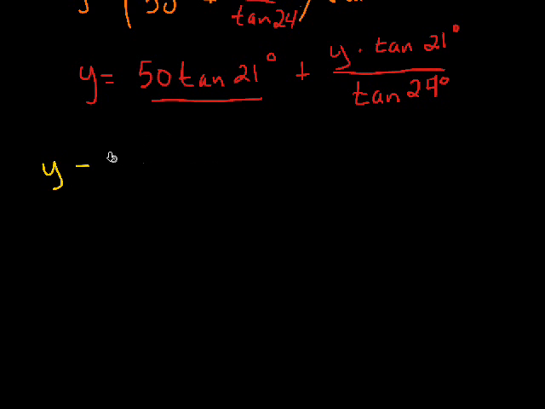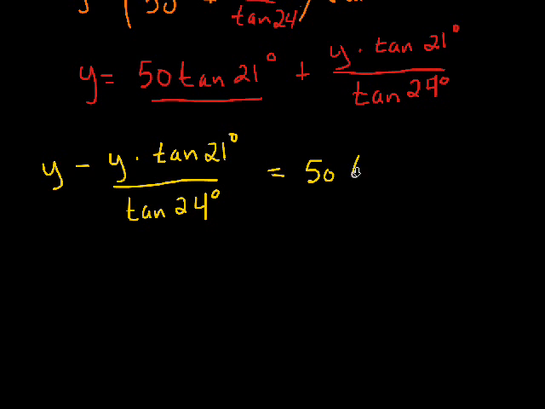y minus y times the tangent of 21 degrees over the tangent of 24 degrees equals 50 times the tangent of 21 degrees. So